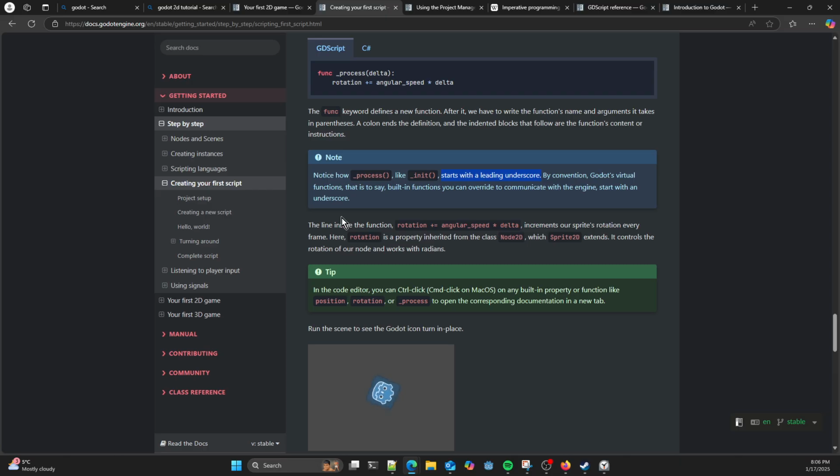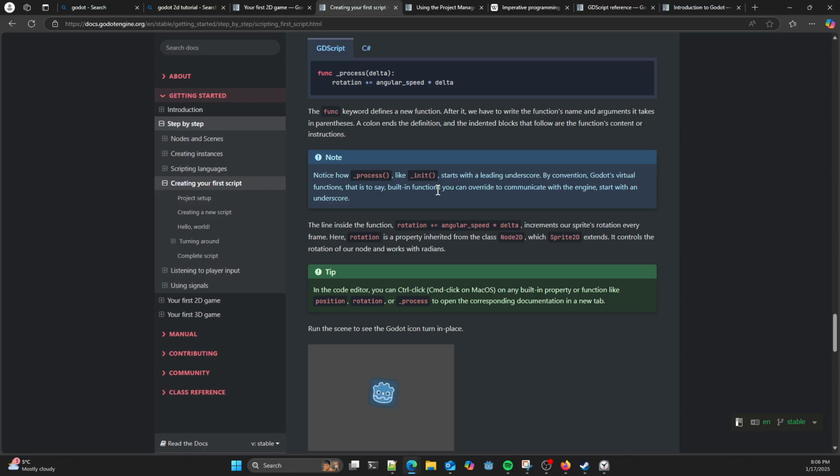By convention, Godot's virtual functions, that is to say, built-in functions you can override to communicate with the engine, start with an underscore. Just to add to that, in case you don't know what virtual functions are, it's sort of described there, but going into a bit more detail.